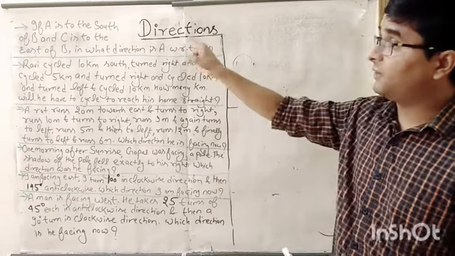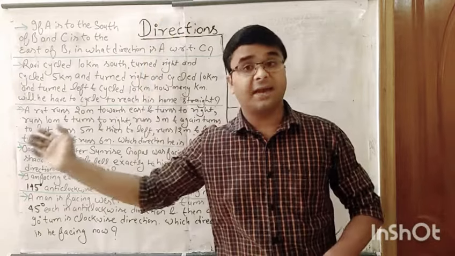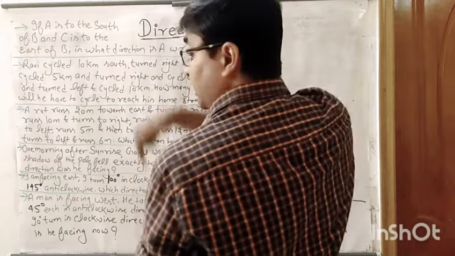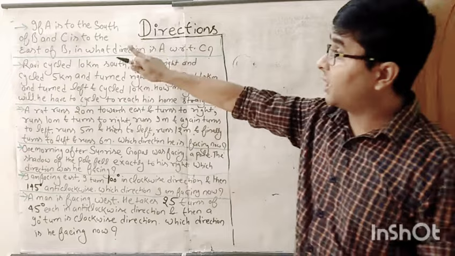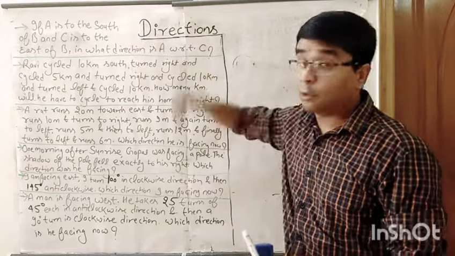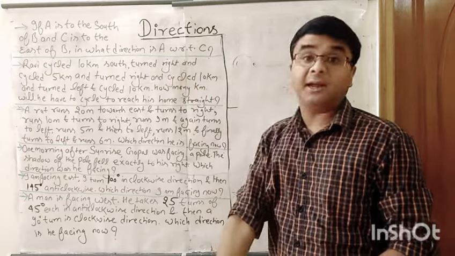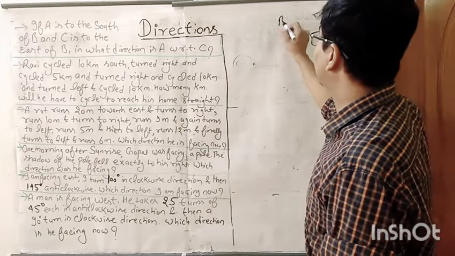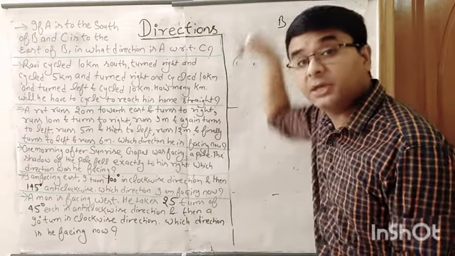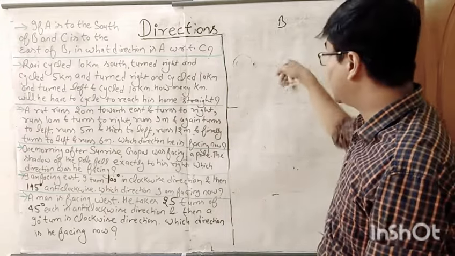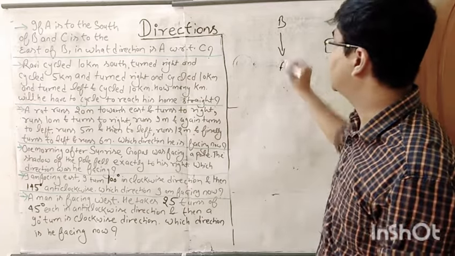The first thing it says is if A is to the south of B. I have already told you, assume north as up, south as down, east as right, and west as left. Use it this way. If A is to the south of B, that means A is under B, on the downside of B. So if B is here, A is to the south of B, that is, below B. We are showing south as down. So A is to the south of B. This is how it is.